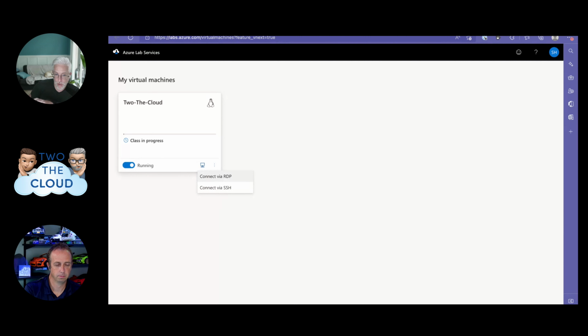You basically have to blow the entire lab away and start from scratch and reprovision it, redo your template, like if it wasn't a compute gallery template, things like that. So make sure you pay attention to all that. You can always reset your machine.